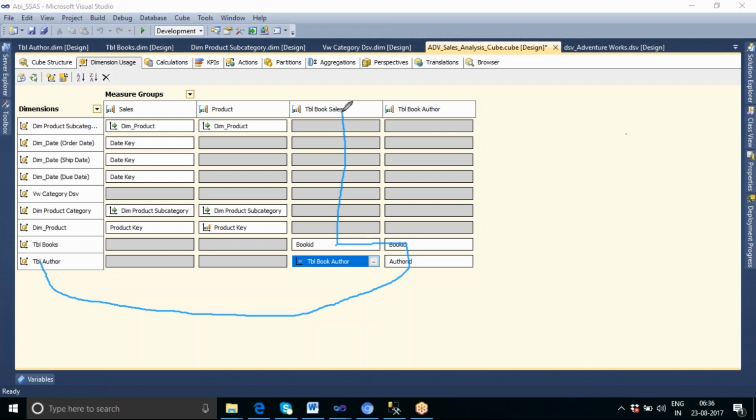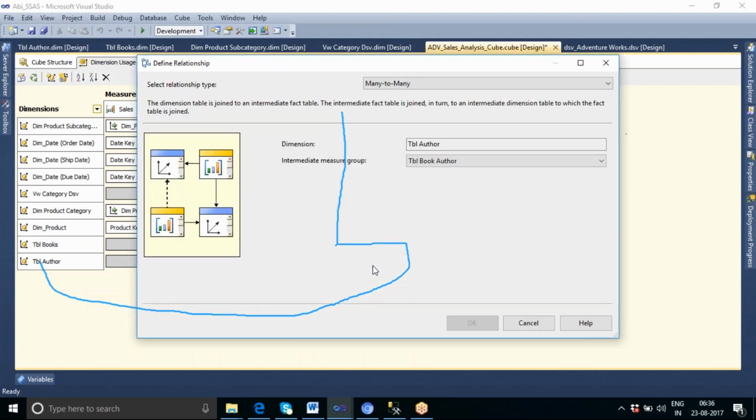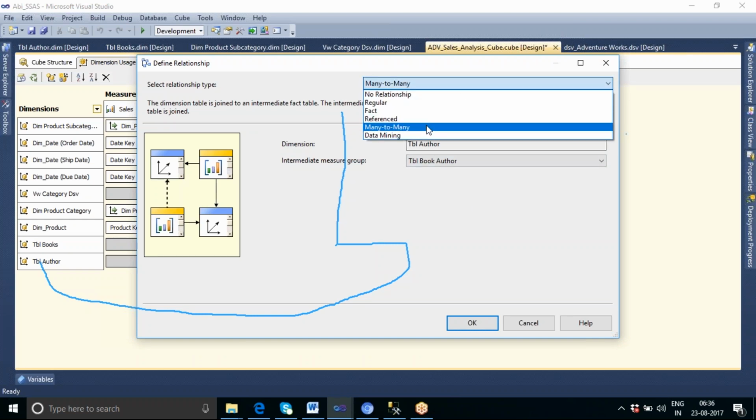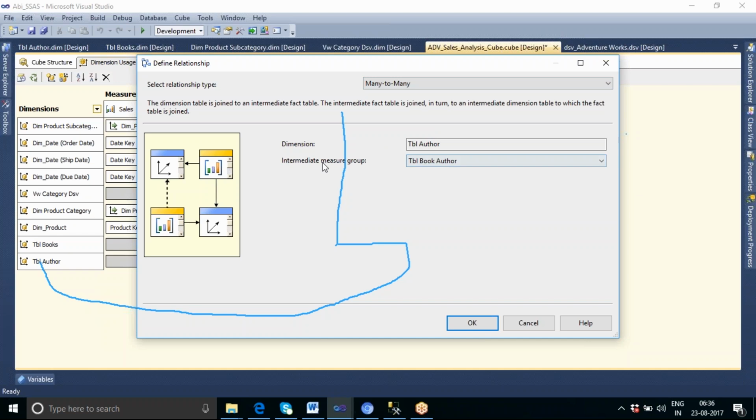That is what this many to many relationship will do. So I have to create a relationship between my table author and the table sales, and that's why I have selected the many to many relationship, and it is asking for the intermediate measure group.